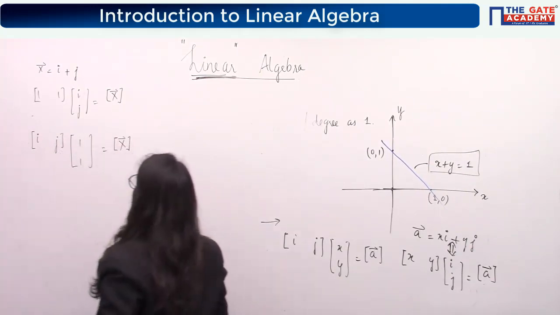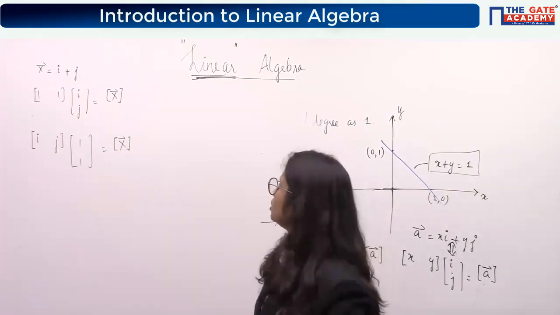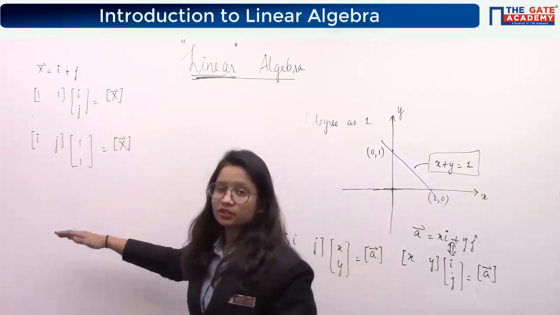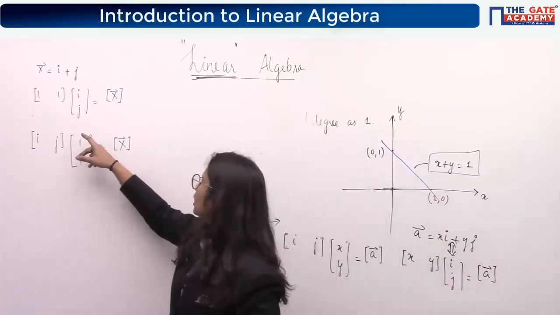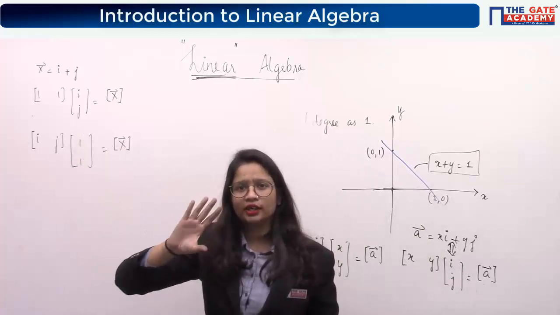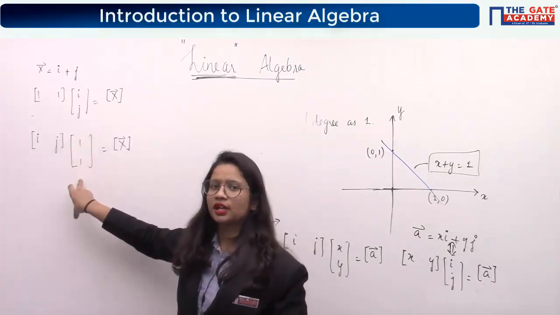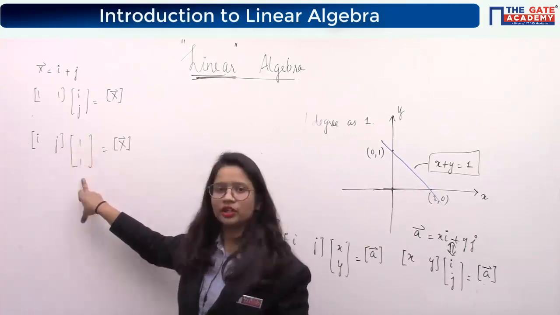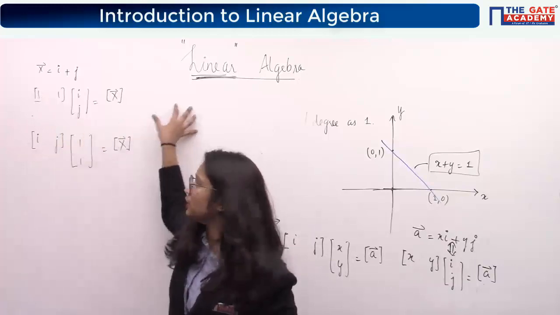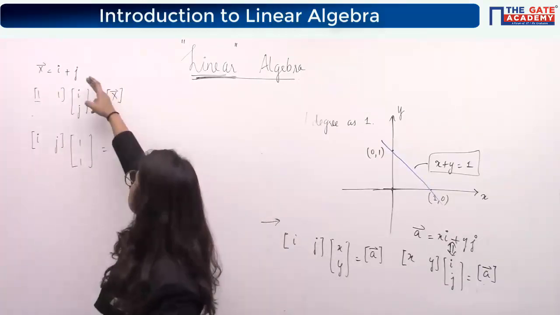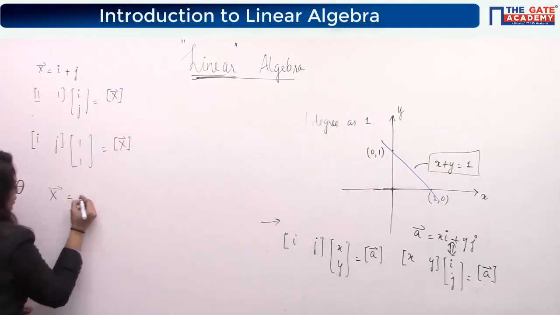It will mean the same thing. From here we have noted down this thing. So from after this point, I'll not be again and again writing this i, j, because it is already understood that this is a vector whose I component will be 1, j component will be 1. So instead of writing this much, that x vector is I plus j, I'll just write x vector is